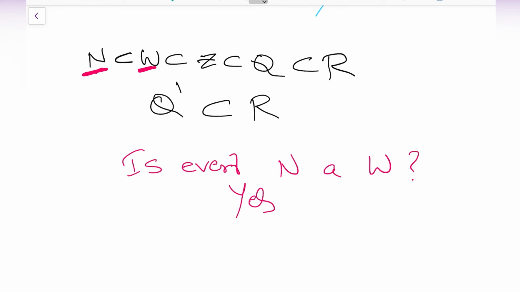Next, is every whole number an integer? Yes. Every whole number a real number? Yes. Every whole number a rational number? Obviously, yes. But the same statement, if I pass in reverse, that will be wrong then. Is every real number a rational number? No. Is every real number a whole number? No. Is every real number an integer? Obviously, no. If I am moving from small to big, always the statement will be true. When I am moving in reverse, that is from bigger to smaller, always the statement will be false.